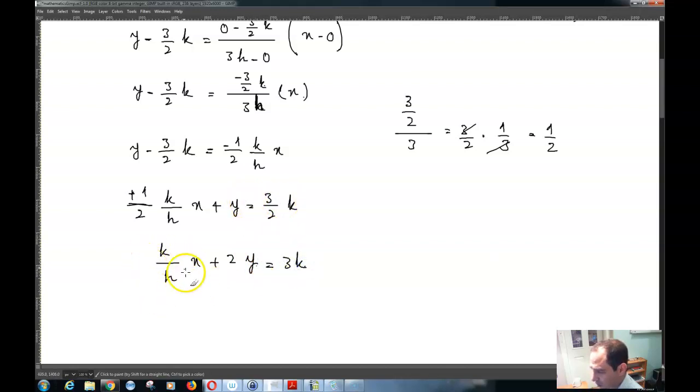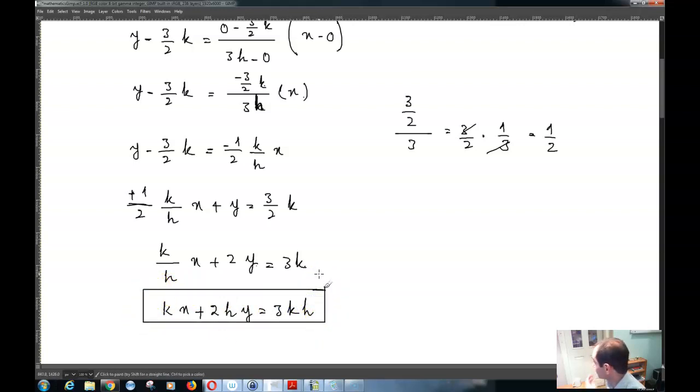Multiply by h, and you will get kx plus 2hy is equal to 3kh, and that is the equation of the line. Well, 2kx plus hy is equal to 3 times